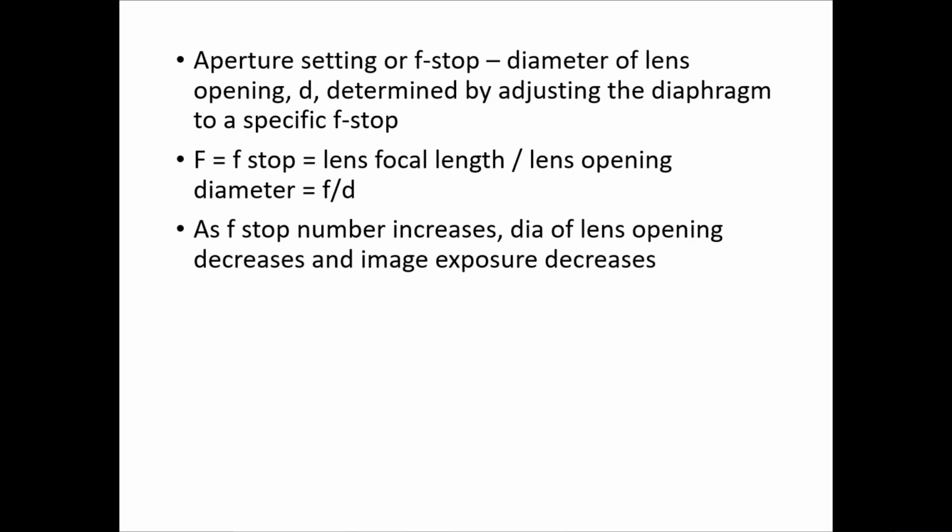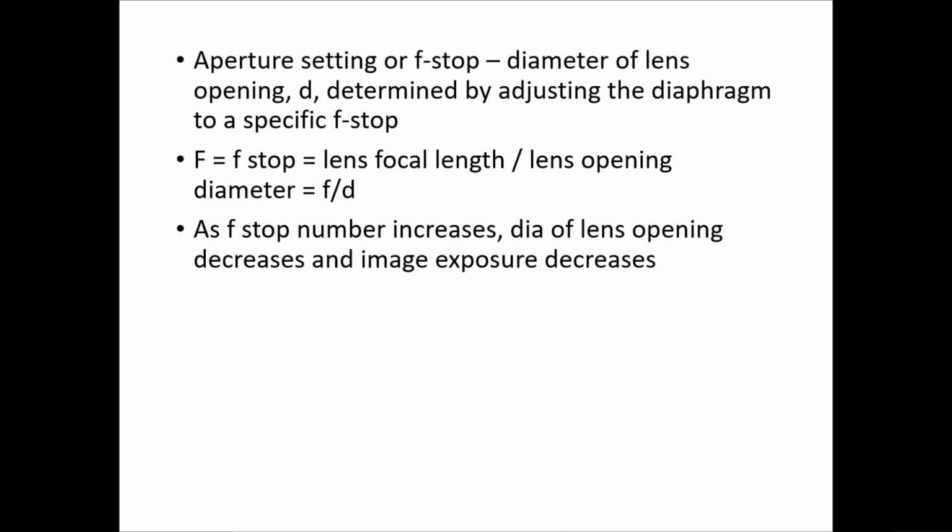You might have seen the values f by 1.4, f by 2, f by 2.8, f by 4. All these are f-stop values. If the f-stop value is 2, it is written as f by 2, and you can say it is an f2 lens. So f1.4, f2, f2.2, etc. all these values vary as multiples of root 2.